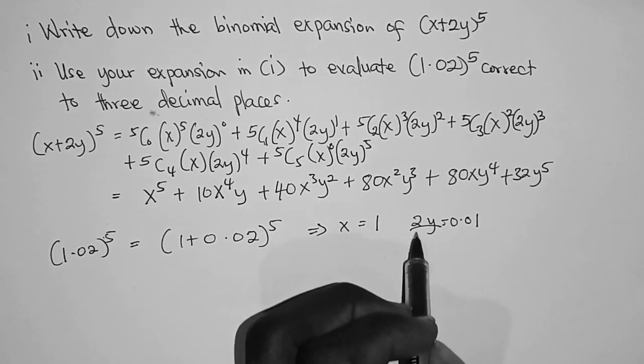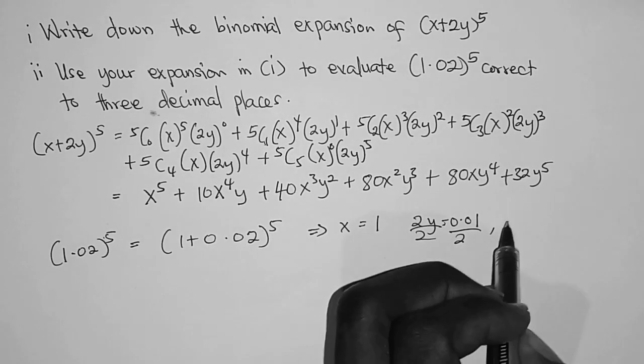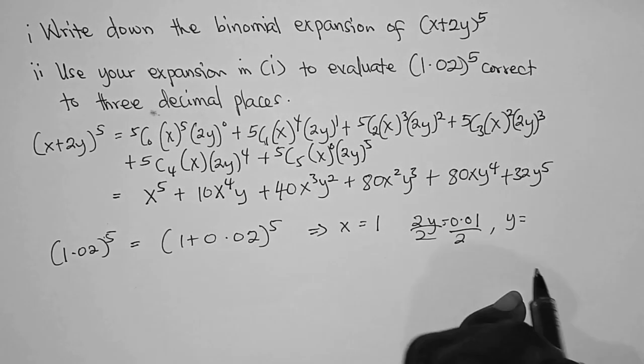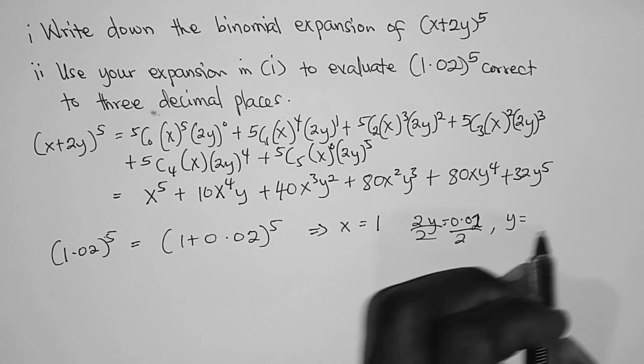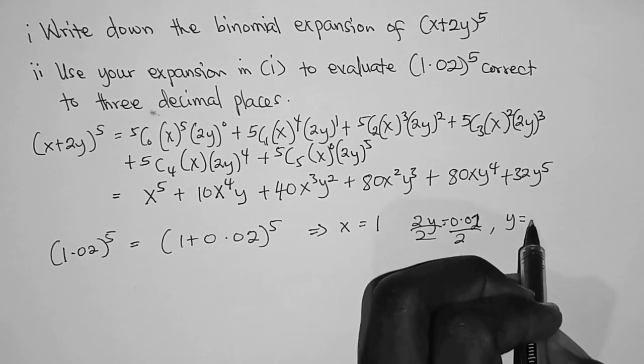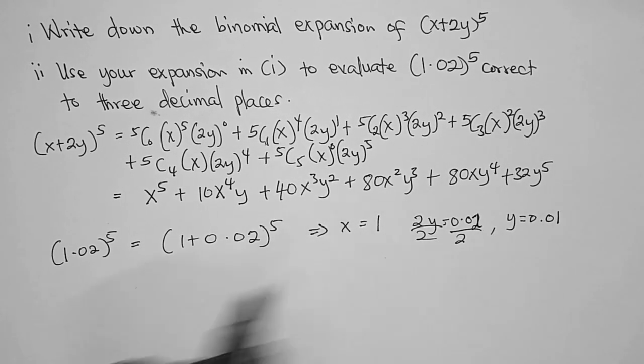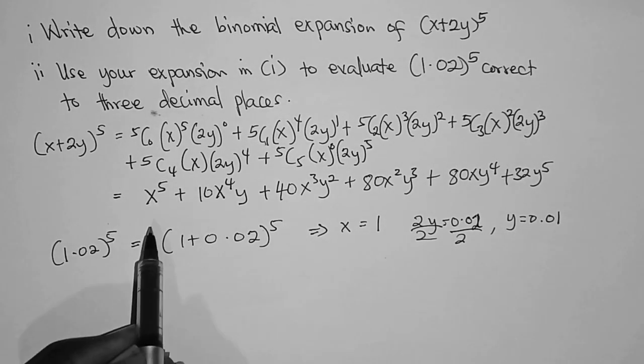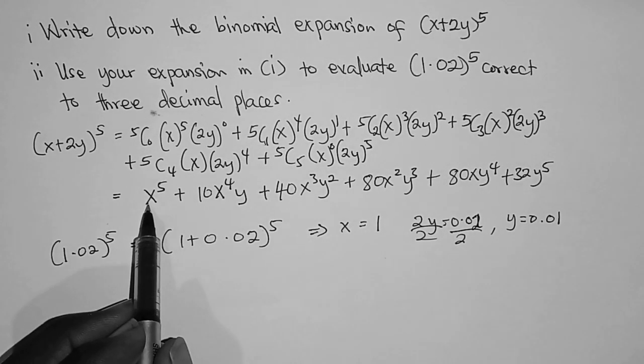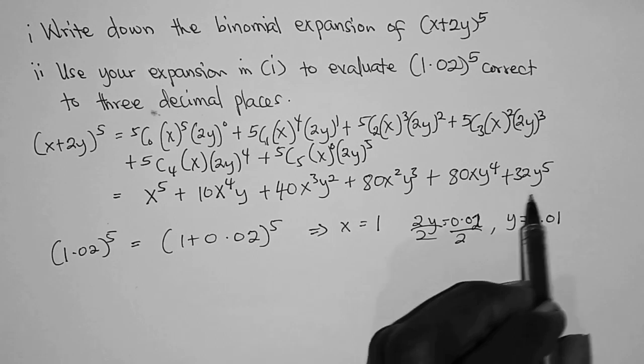So dividing through by 2, you get y equals 0.01. So that means that we are going to put x equals 1 and y equals 0.01 into this